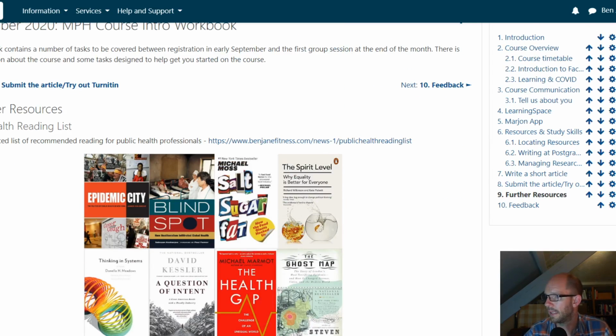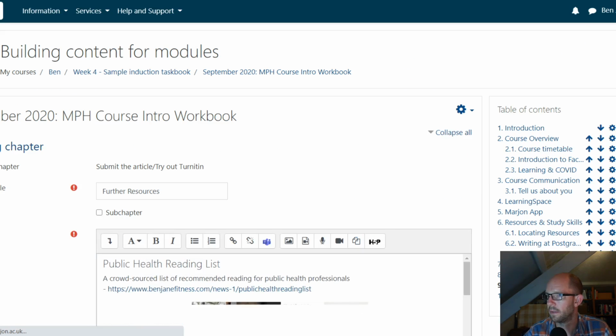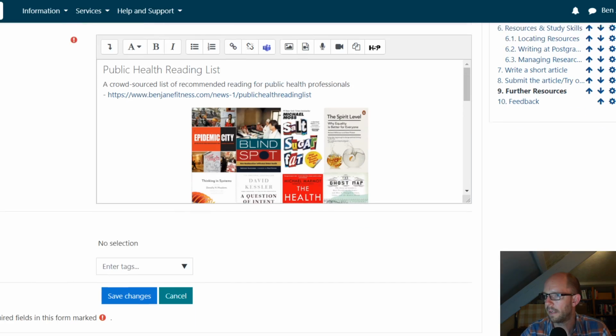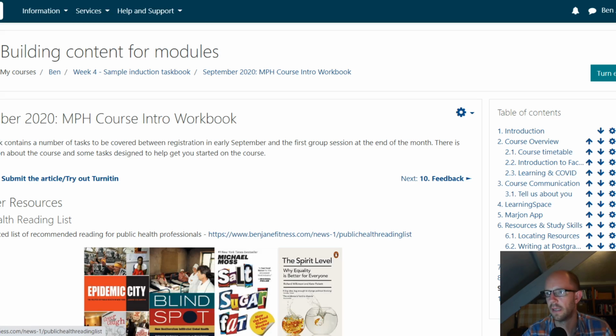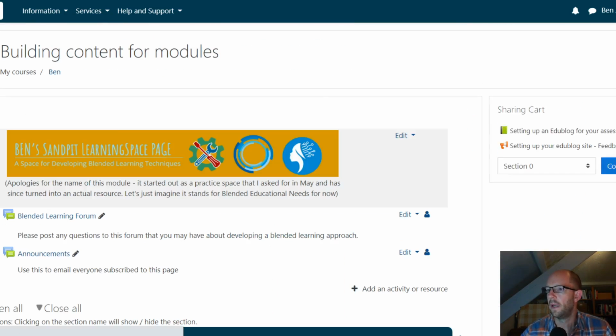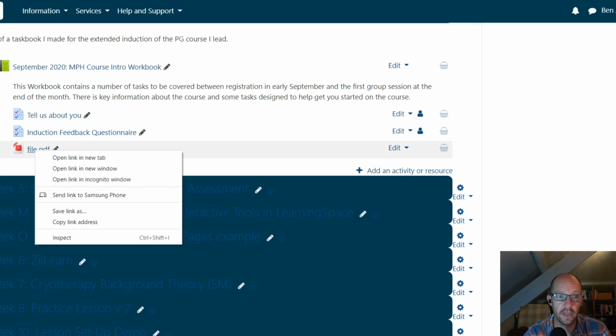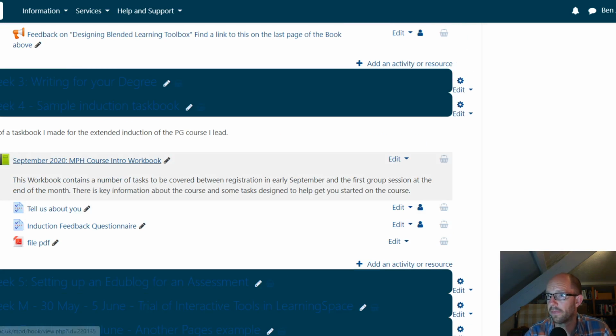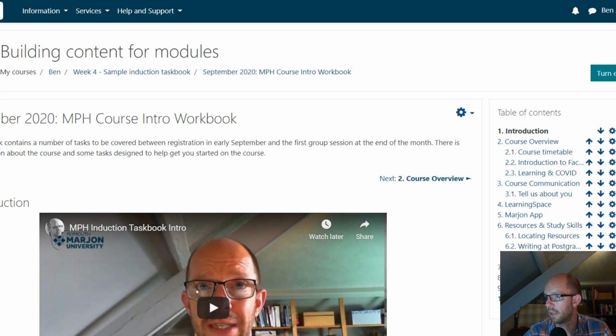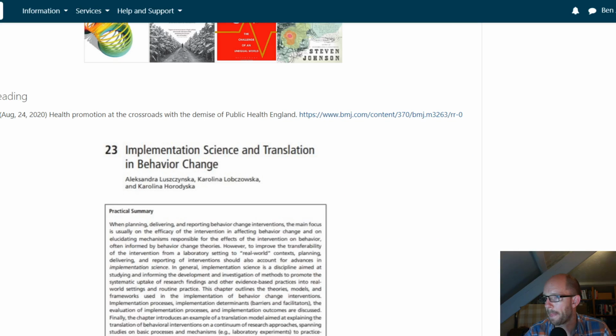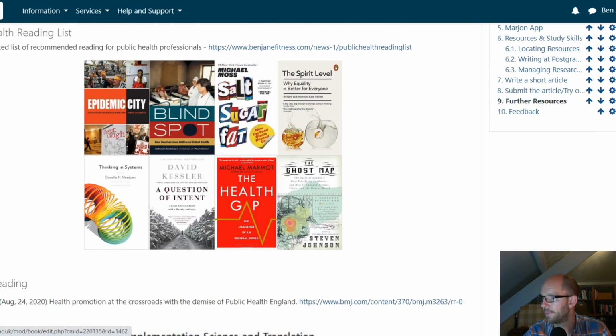The one thing that I now need to do, bear with me a second, I did the wrong thing there. What I now need to do is to go back to the PDF. So now if I right click on the file PDF, you can't see my cursor, and I copy the link address, now if I go back into the book and I go down to that page and I edit the page,